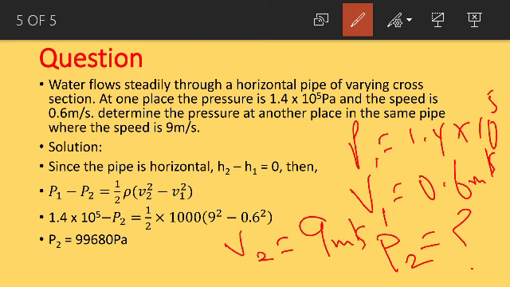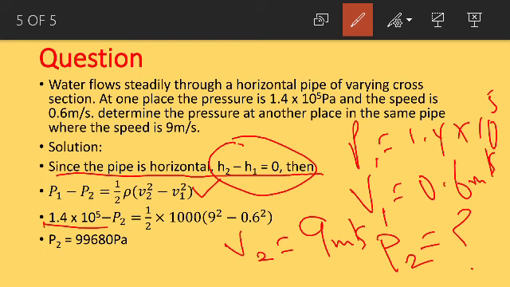Now, if you notice in this question, we are not given anything about height. The reason is because the pipe is a horizontal pipe. Whenever a pipe is horizontal, it means there is no height difference between the two ends of the pipe. So in that case, your H2 minus H1 is 0, meaning that your pressure depends only on the kinetic energy factor. So you have P1 minus P2 equal to half rho times V2 squared minus V1 squared. So your P1 is 1.4 times 10 to the power 5 minus P2 equal to half times rho